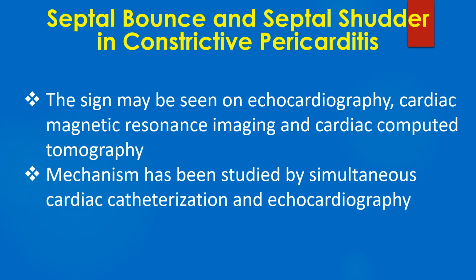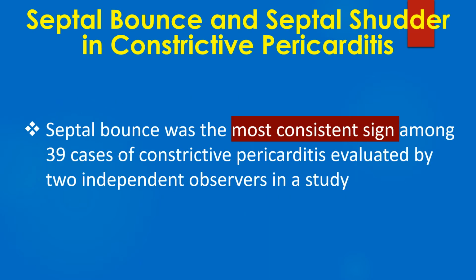The sign may be seen on echocardiography, cardiac magnetic resonance imaging, and cardiac computed tomography. The mechanism has been studied by simultaneous cardiac catheterization and echocardiography. Septal bounce was the most consistent sign among 39 cases of constrictive pericarditis evaluated by 2 independent observers in a